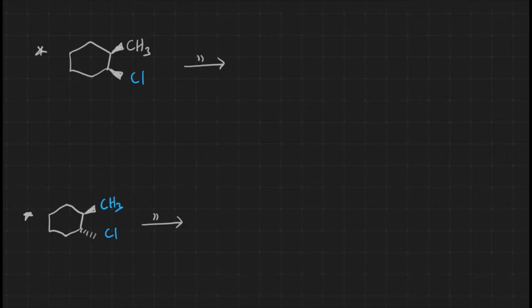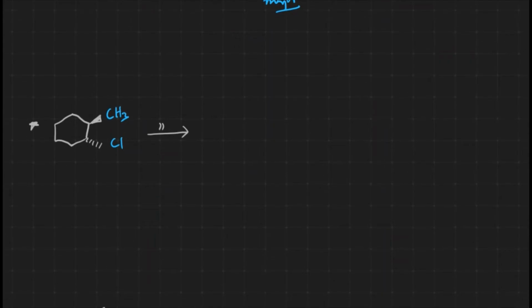With this one, we'll get two kinds of products over there. One is this one, the internal alkene. There is also a possibility of another alkene, something like this, which is going to be the major one according to the Saytzeff rule, right? Let me take this one over there.